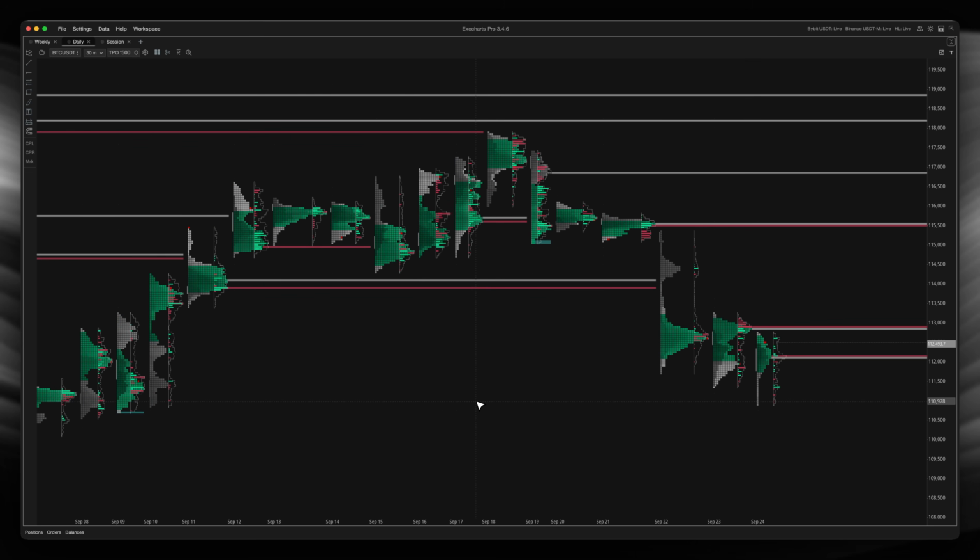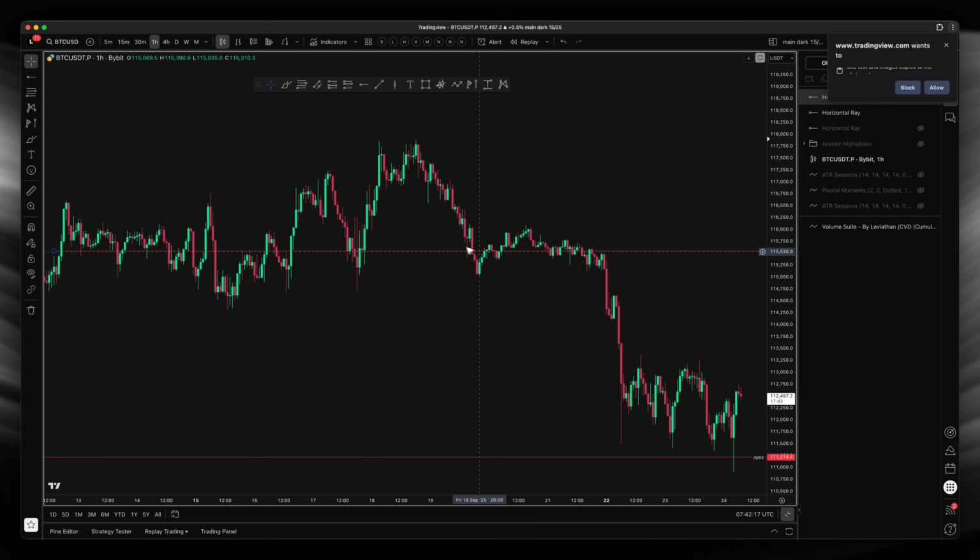So do they always get taken out? No, but you have to use it in terms of context, okay? Because number one, not every poor high, poor low is going to get taken out. But if I see a poor high, poor low where there's still somewhat of a spike in the move, okay? And what I mean by that is